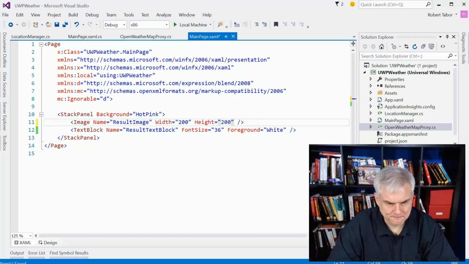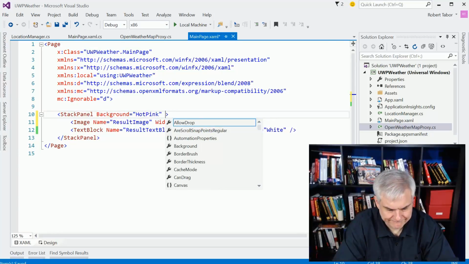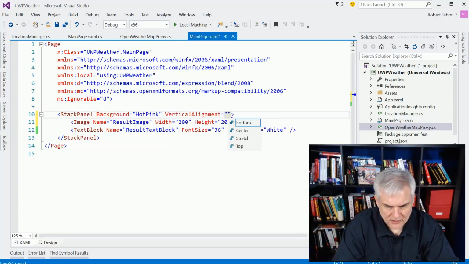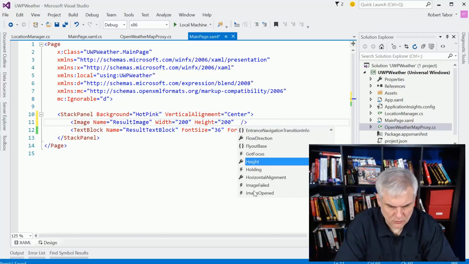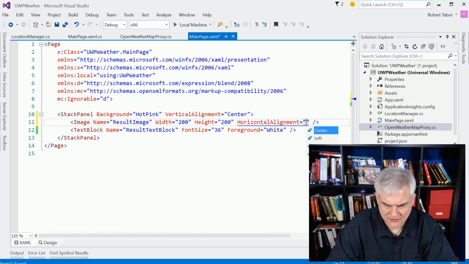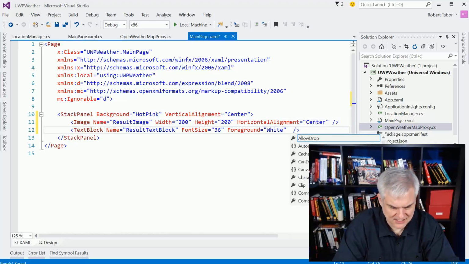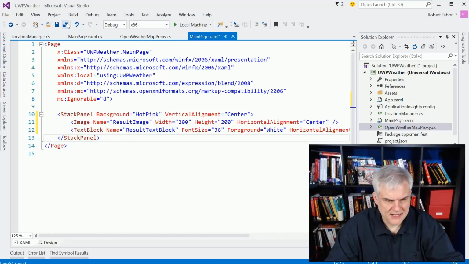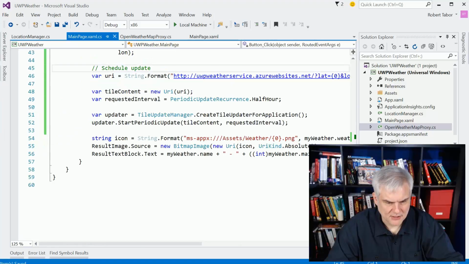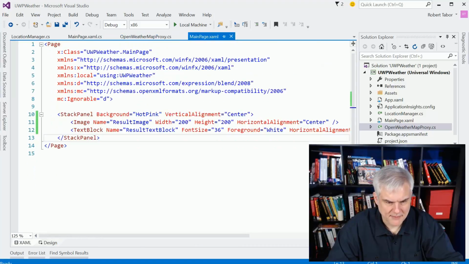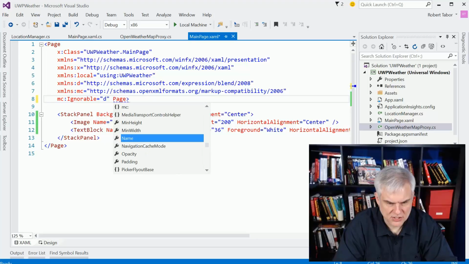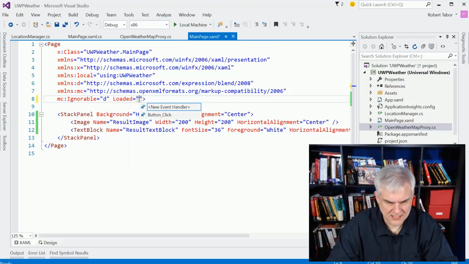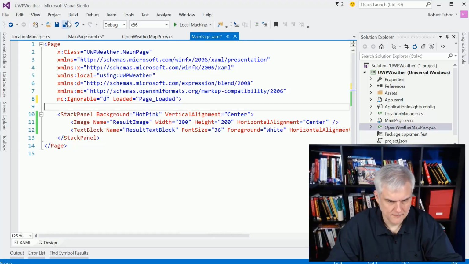And I think what we're going to do also is vertical alignment center. Let's see how that works. And then horizontal alignment equals center on the image and the text. Right. Then on the MainPage.xaml, let's go back to MainPage. I'm going to add a loaded event handler to the page. And then inside there,